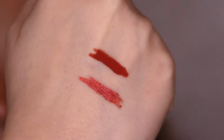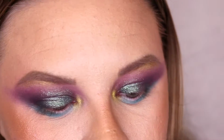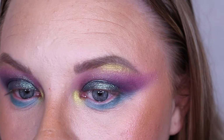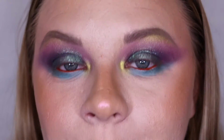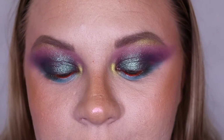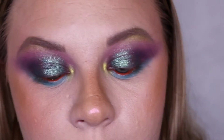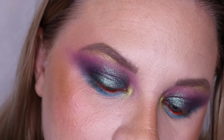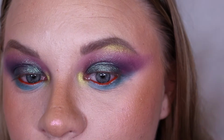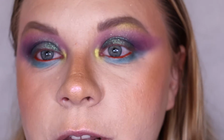They are absolutely beautiful, very pigmented. I hate that I have to ruin the swirl design on them though. I feel like orange, do you see that? I feel like it's going to be too mismatched. I'm actually so impressed with that. It makes me want to try other Melt liners because it's literally so creamy and pigmented. All you need is a really thin brush like this. This is the Morphe M250-1. Wow, it has applied it beautifully. I'm super impressed. Okay, I'm gonna hop off camera and put some mascara on to finish off these eyes,